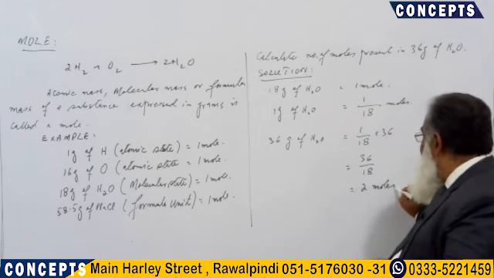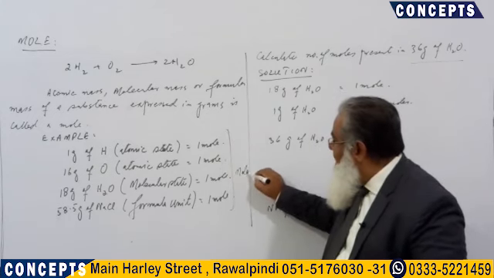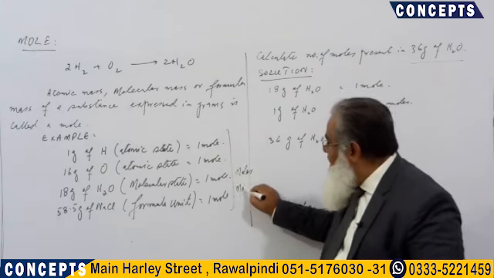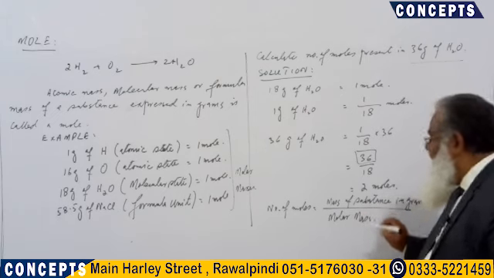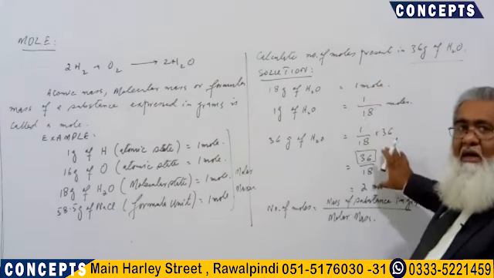Now, these masses which are equal to 1 mole are collectively called molar masses. Hence, here we can divide this by molar mass. With the help of this numerical, we have made a formula that number of moles is equal to mass of substance in grams over molar mass. By applying this formula, we can calculate number of moles of different substances.